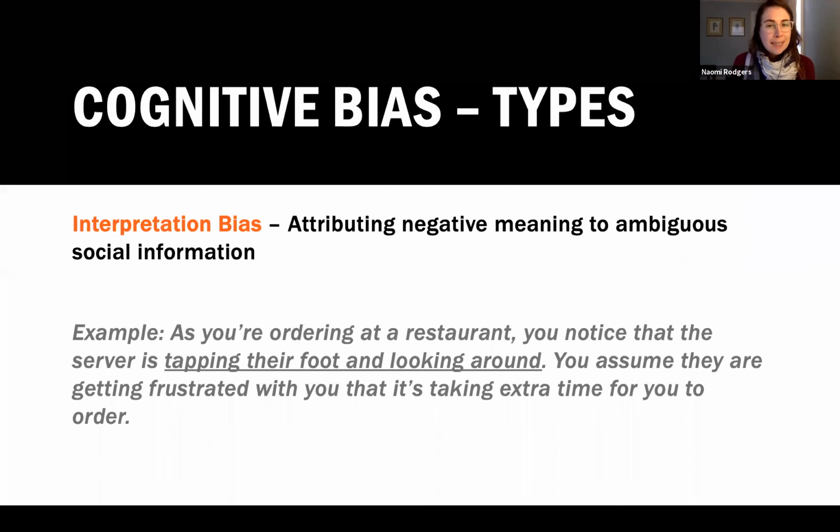Okay, so this might be an experience that people who stutter encounter quite often. Maybe not now in the pandemic when we're not really eating out, but this is a common experience I think a lot of folks who stutter experience. Okay, so the tendency to draw these negative interpretations or these negative conclusions from an ambiguous social cue is known as having a negative interpretation bias.